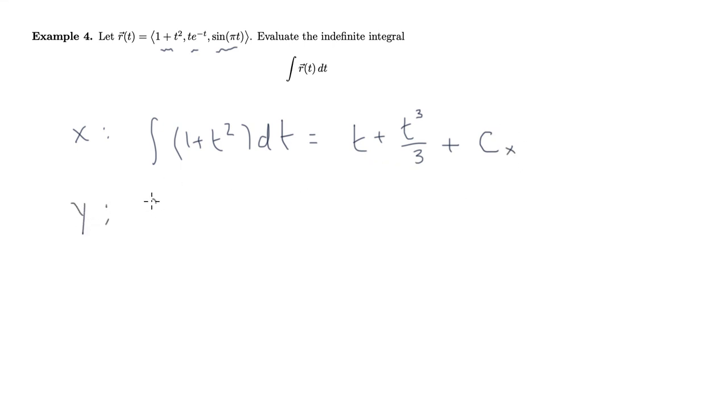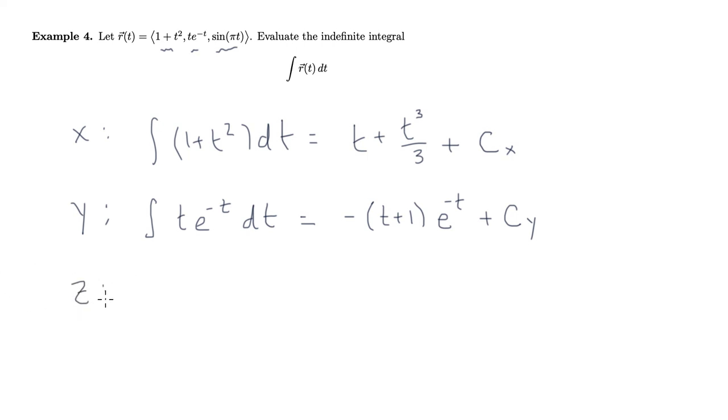Okay, and then y will have the integral of t e to the minus t dt. Well, how do I take the antiderivative here? If you really want to get down to it, I believe this is an integration by parts problem, but you can integrate by parts, or you can just sort of think about it. And I believe the derivative of this function will give me exactly this. If you don't believe it, just integrate by parts, or just use a calculator at this point. We're through Calc 2, so we don't really need to sweat about that too much. But I do have another constant that I'll call cy,